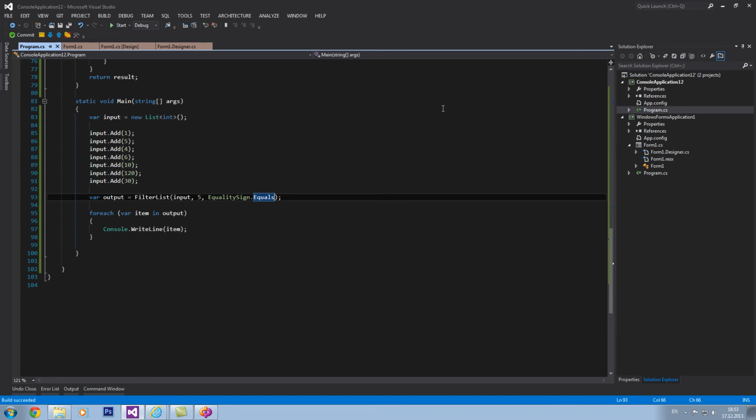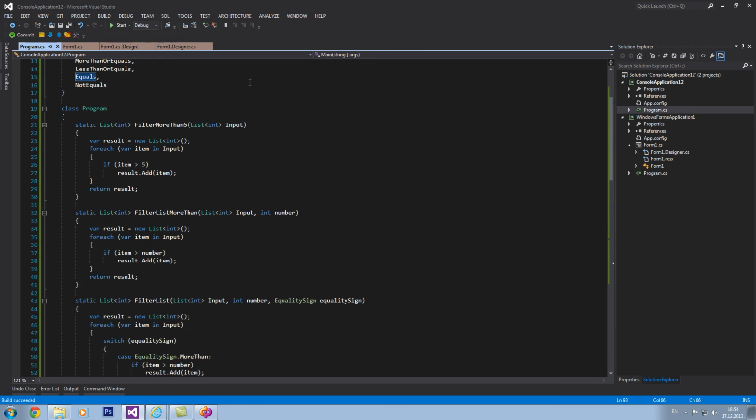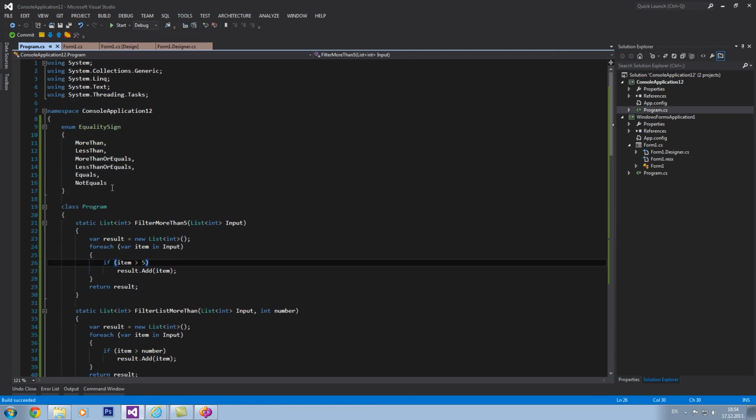Now, here comes the delegates part. If you notice throughout our problems here, we are all the time trying to break into right here and change that piece of code, either because you cannot access that code by hand, or because you really need to make this part generic enough so people can use this for many other purposes other than just simply having less than 5, more than 5, and so on and so forth. So I would go ahead